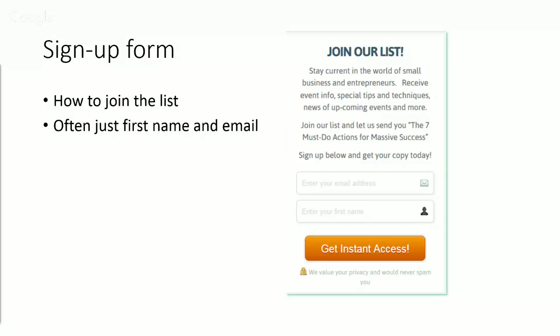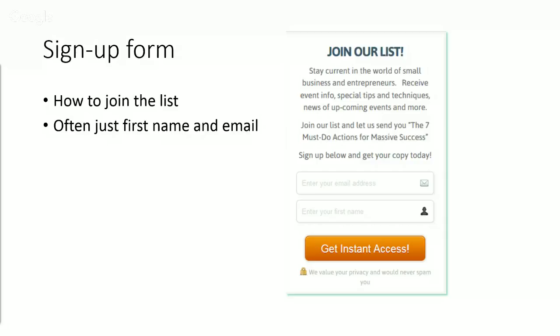Okay, now you can, and in some cases you need to, add more fields. For example, if you're signing people up for your cooking classes and your recipes, you may need to know if they've got a food allergy. So there are times when extra fields are needed, but the rule of thumb is to put down the minimum that you need and go with that.